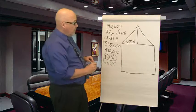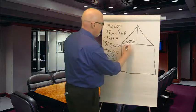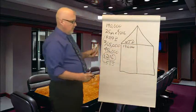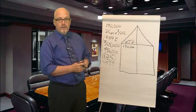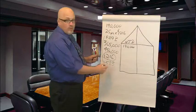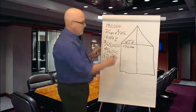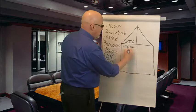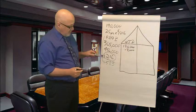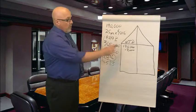Now, what we're going to do then is we start out with our $190,000 mortgage. And in the first year, we would have paid down $3,419, but in our new approach, we're actually going to pay down nearly $7,000. Okay, so $7,000 in our principal reduction in the first year using our new approach. Same amount of payment, but using the new approach. Okay, so we've paid down our $7,000,